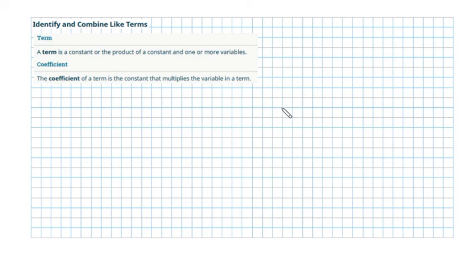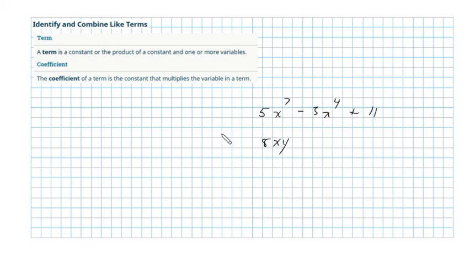Algebraic expressions are made up of terms. So here is an example. We might have, let's say, 5x to the 7th power minus 3x to the 4th plus 11. And so what's a term? A term is a constant, so here is a term, or it's a product of a constant and one or more variables. So here it's 5 and you have x to the 7th power. In this case we're only working with one variable, but we could have more variables. We could have, say,